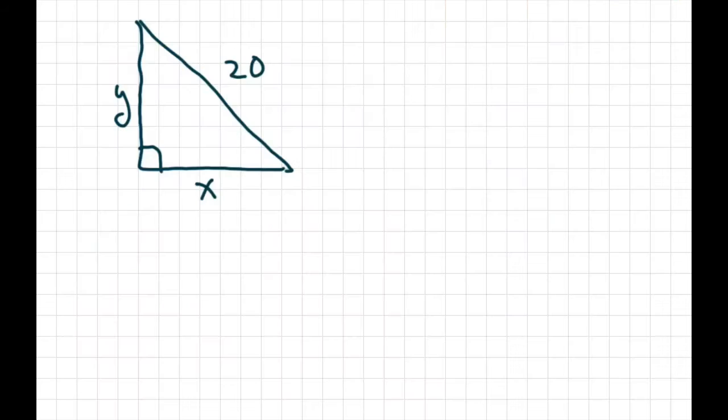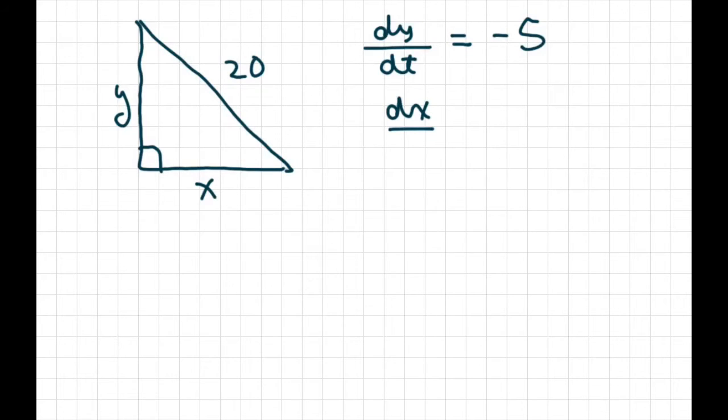So I sketched a graph, and we are already given that our y, because it's sliding down, a 20-foot ladder, it's sliding down, so our derivative of y with respect to time is going to be -5 because it says it's sliding down a wall at 5 feet per second. All right, it's negative because the ladder is sliding down, and it's customary to make the upward direction positive. Now we want to find the derivative of x with respect to t,